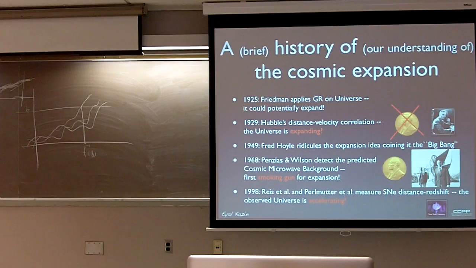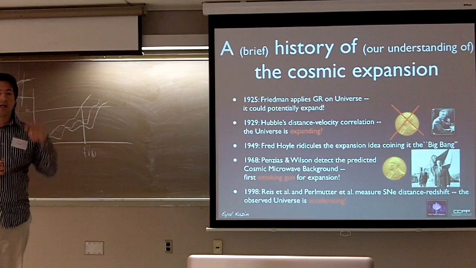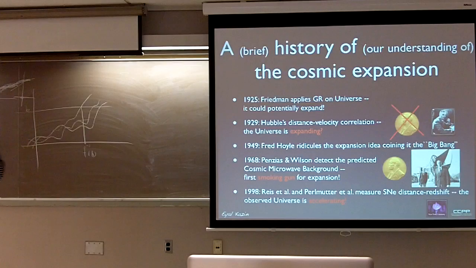If you're not up to date, well, we've known for a while that the universe is expanding. This is a brief summary of the evolution of our understanding of this concept. So I'll just point out major milestones. In 1929, Hubble found an interesting correlation between the distance to galaxies and their radial velocities, and from here he post-dicted that the universe might be expanding, but that's a post-diction.